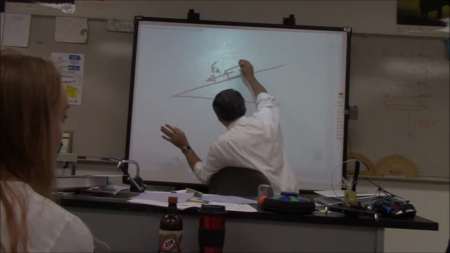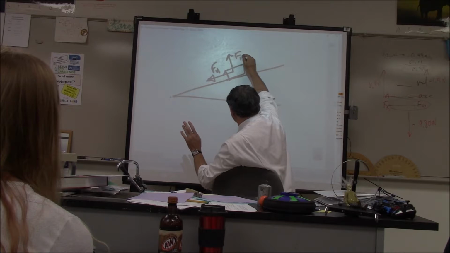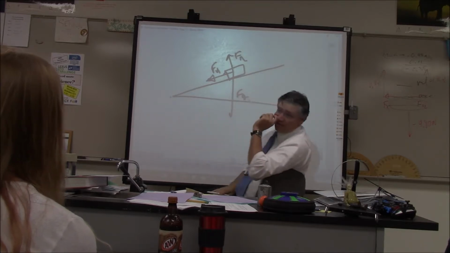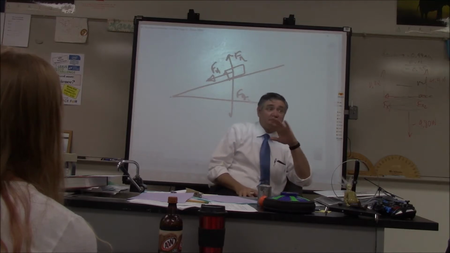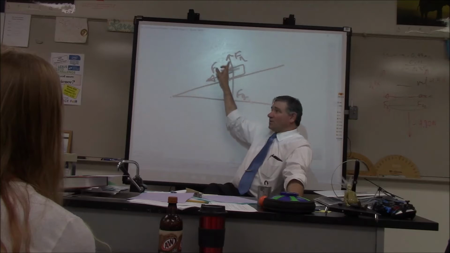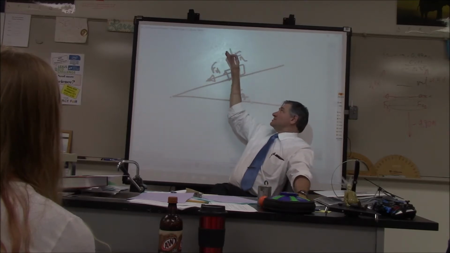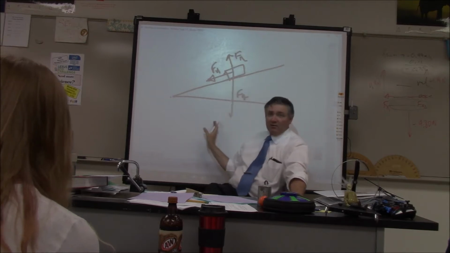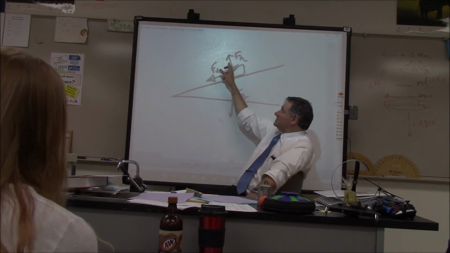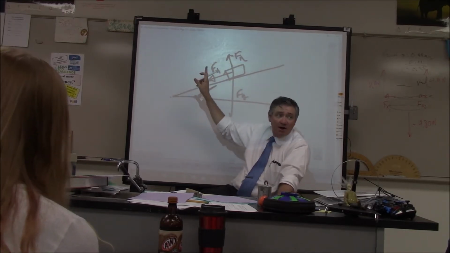Then you're also going to have force normal, which is going to be at right angles to the surface, and then you've got gravity pulling straight down, okay? In terms of anything causing motion, this is the only one that could potentially cause any motion at all. The normal force is there, and that's just keeping this thing from falling straight down. Gravity is attracting it towards the center of the earth. But as far as the one that is capable of producing any motion at all, that's going to be the